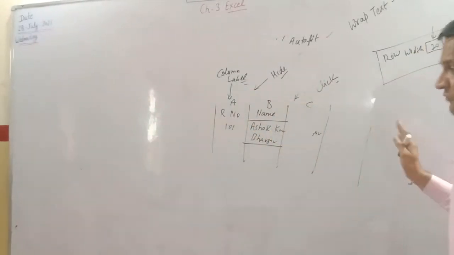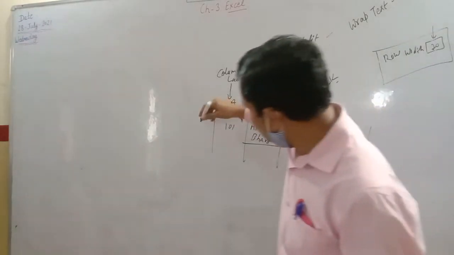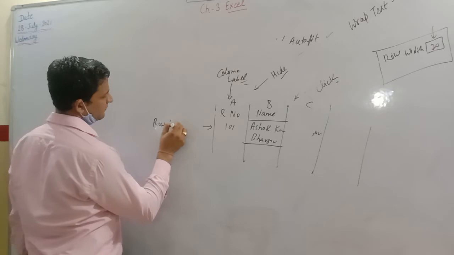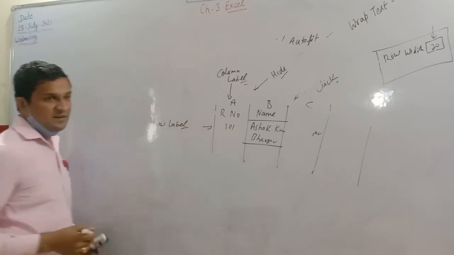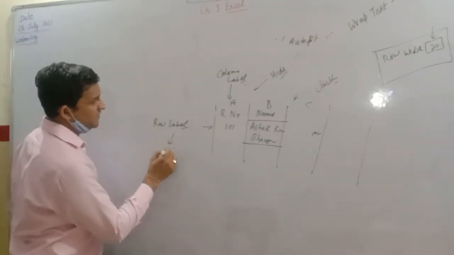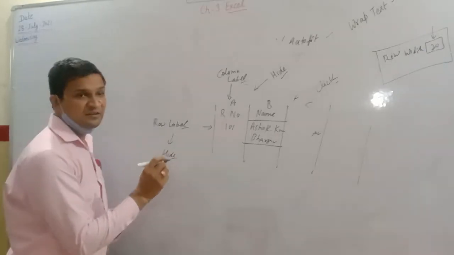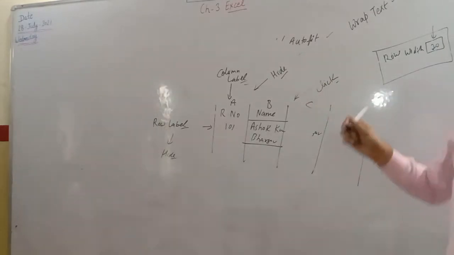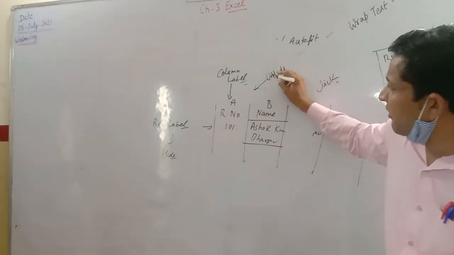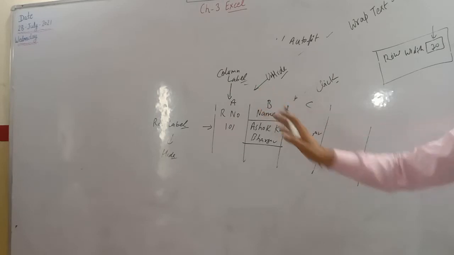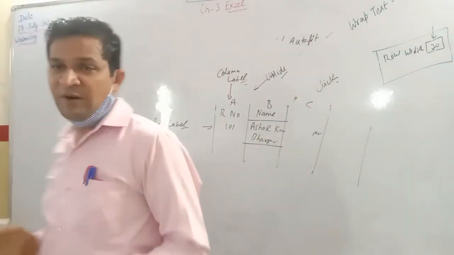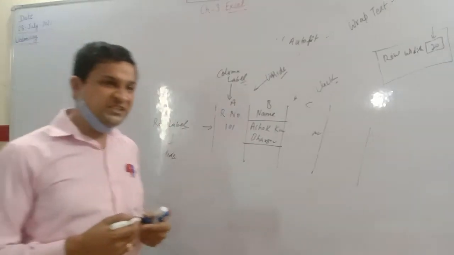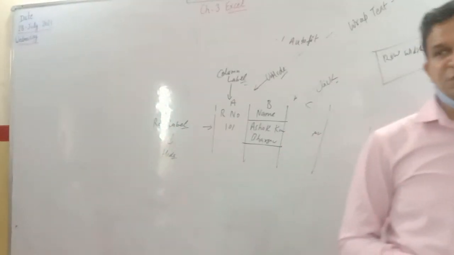Same thing for a row. If you want to hide any row, bring your cursor on the specific row label and just select the second last option, that is for hide. Again, when you select the hide or unhide option, it will automatically become unhide if you have already hidden the column. If the first time you have hidden the particular column, the second time it will become the unhide option. One time it is hide, one time it is unhide.